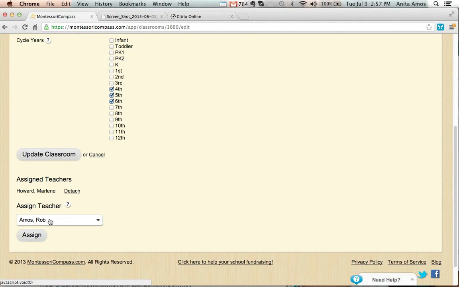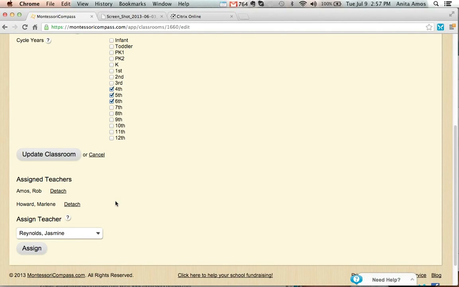I'm Rob, the administrator. I want to just add myself to this classroom. So now I've added myself in here as, we're calling it, a teacher, but I'm an administrator. I'm just adding myself to this classroom as a teacher. And what that means is any communication that Marlene sends out to her parents, I'm going to get.